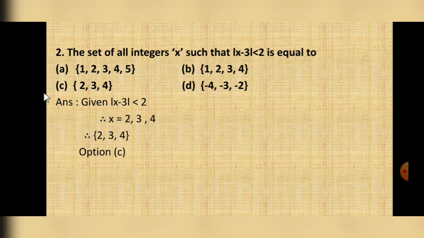So students, if you want to verify, you can start with the first option. You can start with 1 here. If you substitute 1, 1 minus 3 is minus 2, mod of minus 2 is plus 2. The important thing is mod is there. So you will get plus 2, which is not less than 2, which is not satisfied, means option A is not correct. Similarly here 1 is there, so B also is not correct. Next you can go for option C. You substitute here and check this condition. If it satisfies, then that is the correct option. Otherwise you can move to the next option. Okay, so option C is the correct answer.